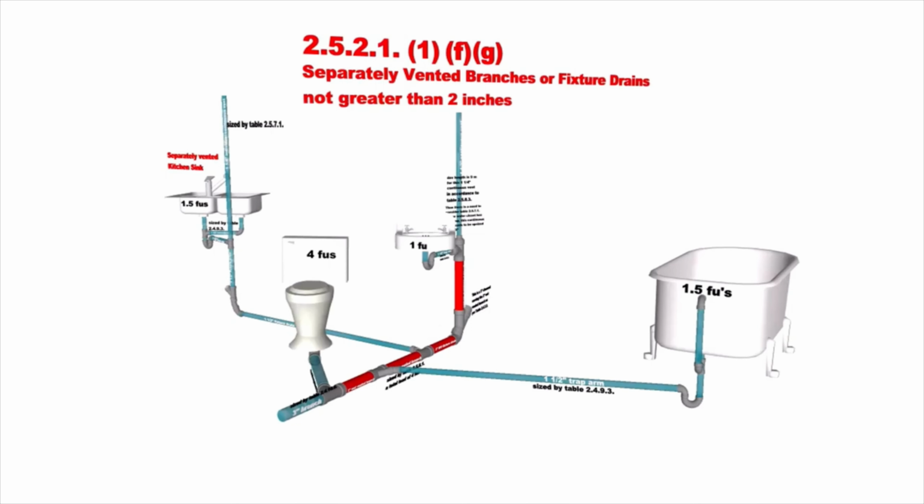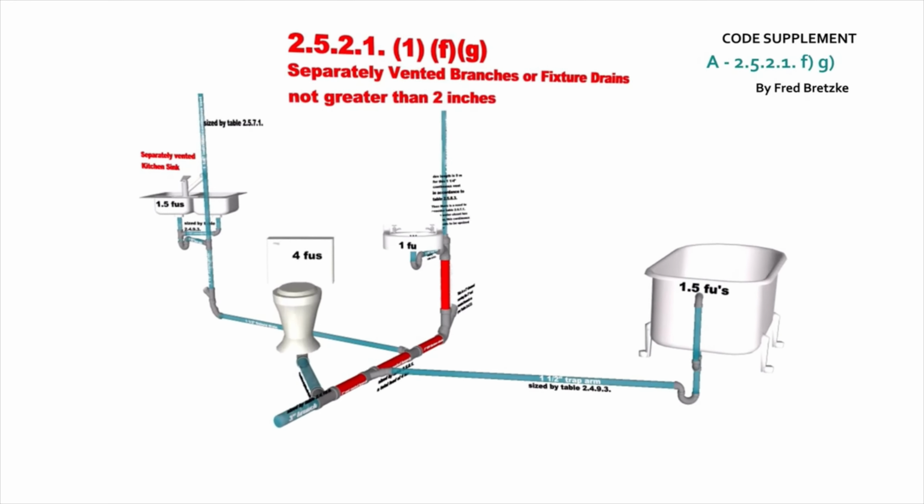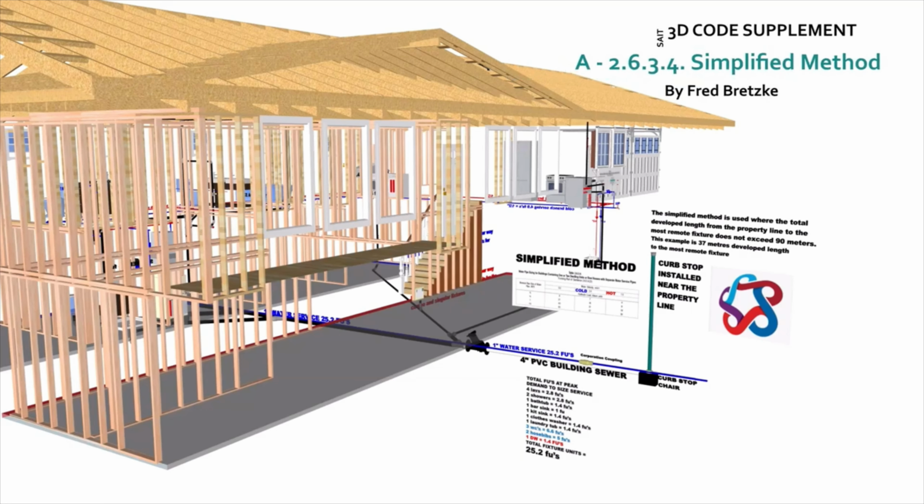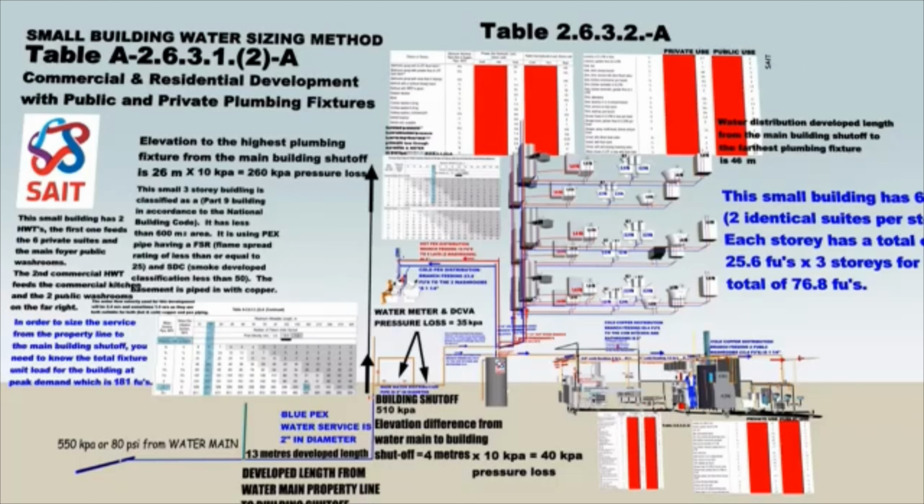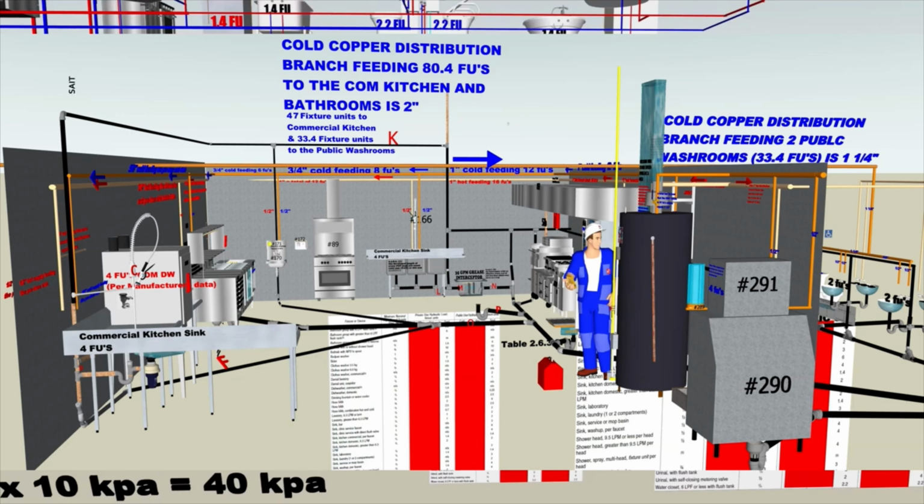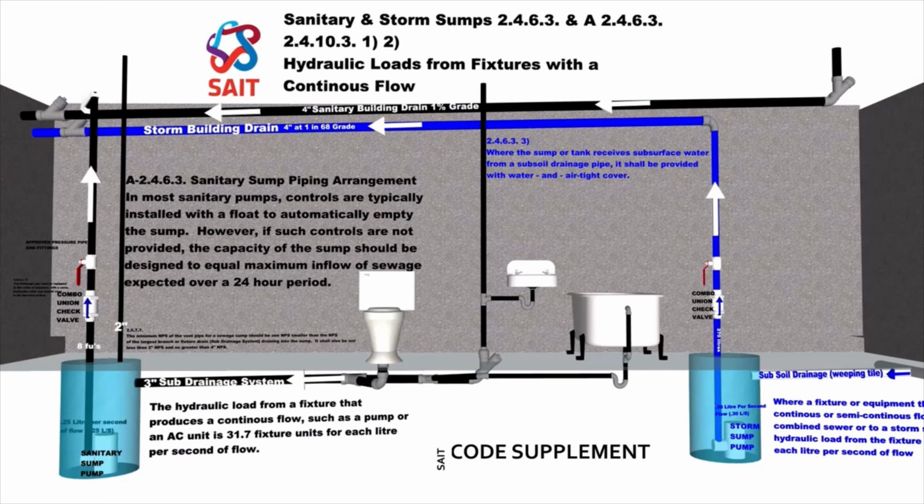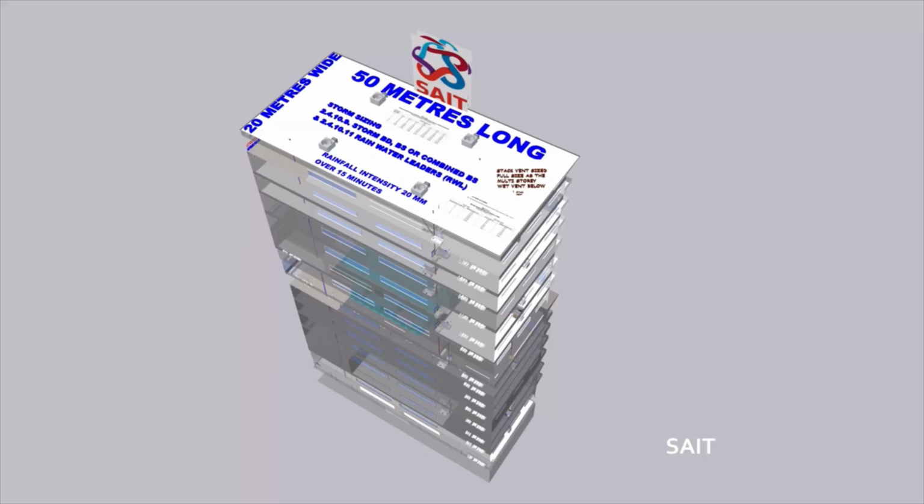Article 2521F means that when using a wet vent system, let's check out the simplified method, which is basically the residential method. This is a small commercial and residential development. We will now go over some details for the commercial kitchen. This consists of ovens. The appendix article A2463 of the Canadian Plumbing Code, it talks about